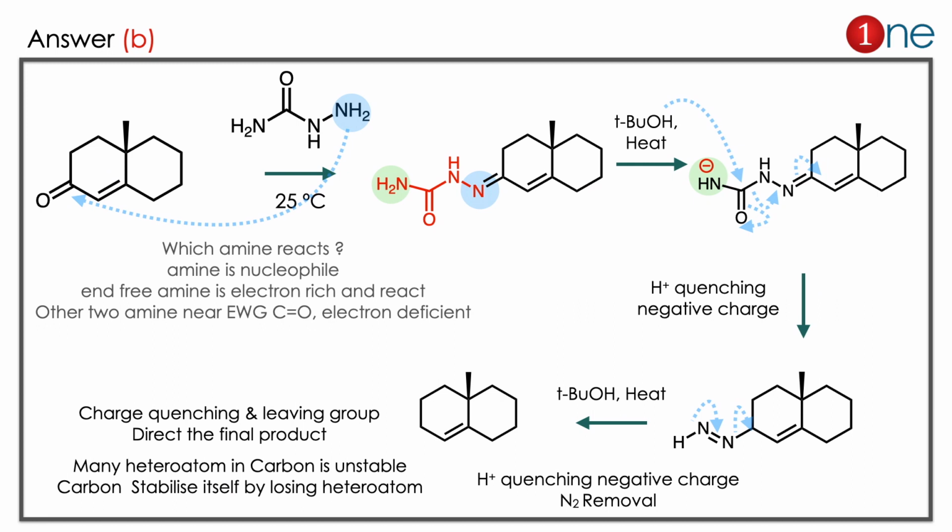The answer is B. Let us see how. The starting material is the ketone. You are using the amine there. Many amine nitrogens are there which could react. The one which is away from the carbonyl group reacts because its electron density is not disturbed by the carbonyl. Since the carbonyl is an electron withdrawing group, the free NH2 is the good nucleophile there. So it attacks the carbonyl, water is eliminated, and you have a hydrazone kind of formation there.